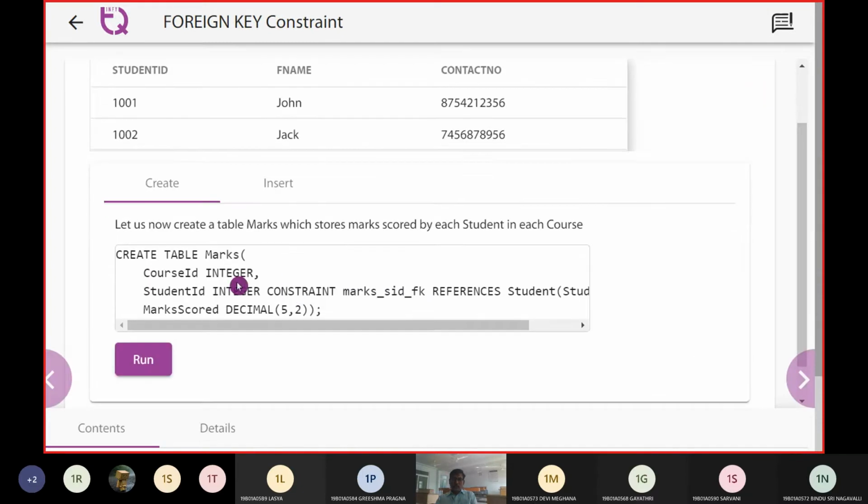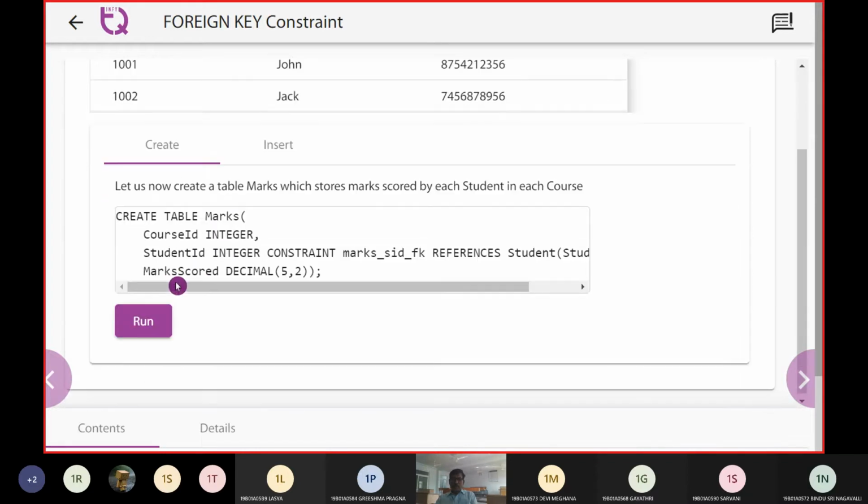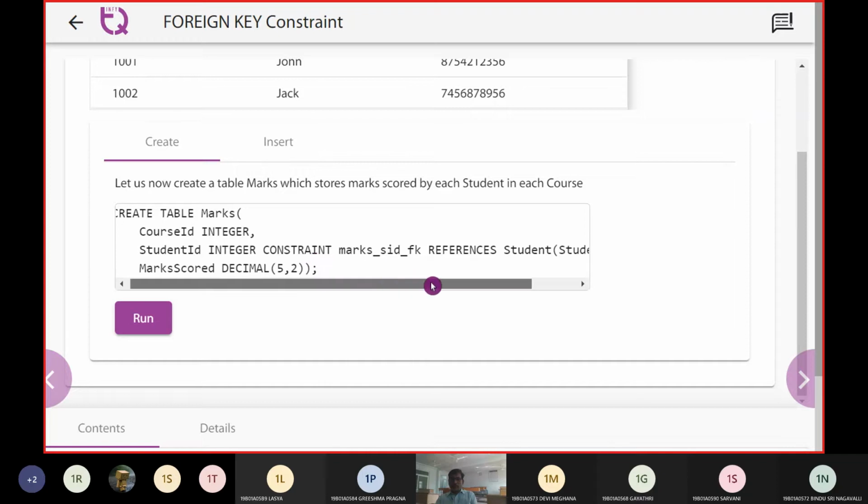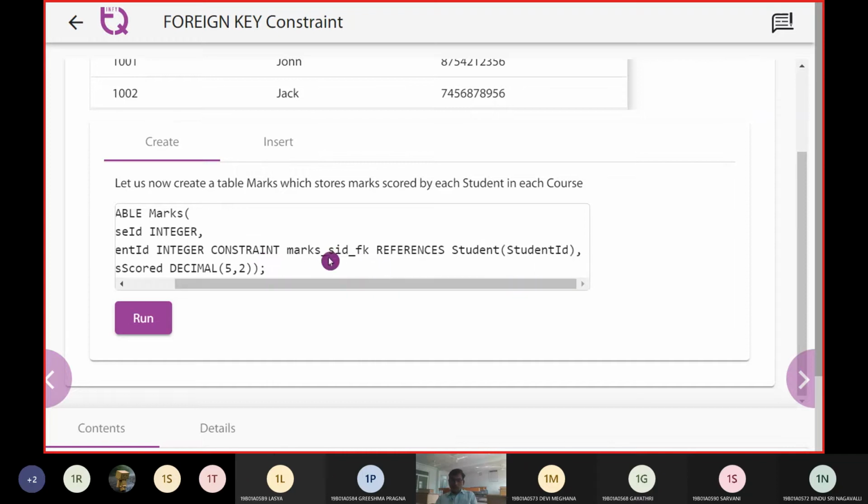Okay, fine. Now we have this table called marks, and let us see what happens if this query is executed with student ID and constraint. Now we are going to create a foreign key. We are taking the old table and calling up the marks with the student table.